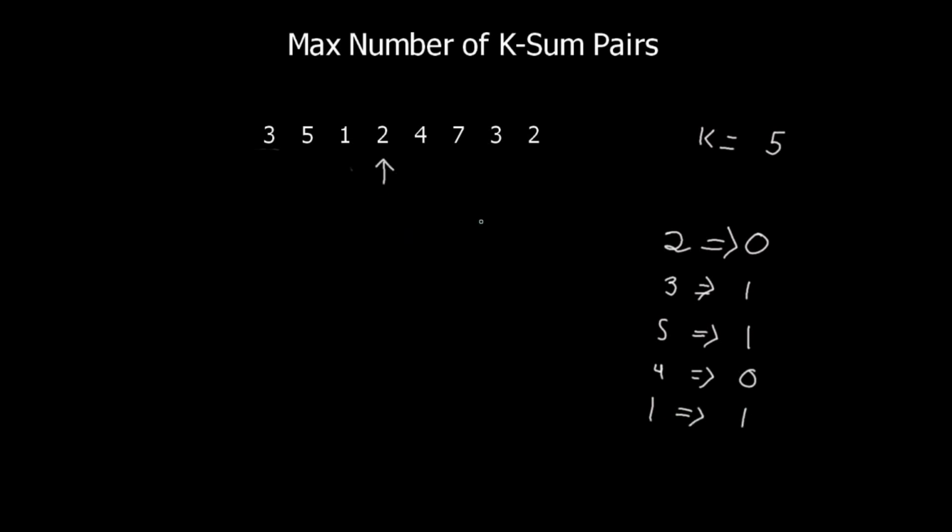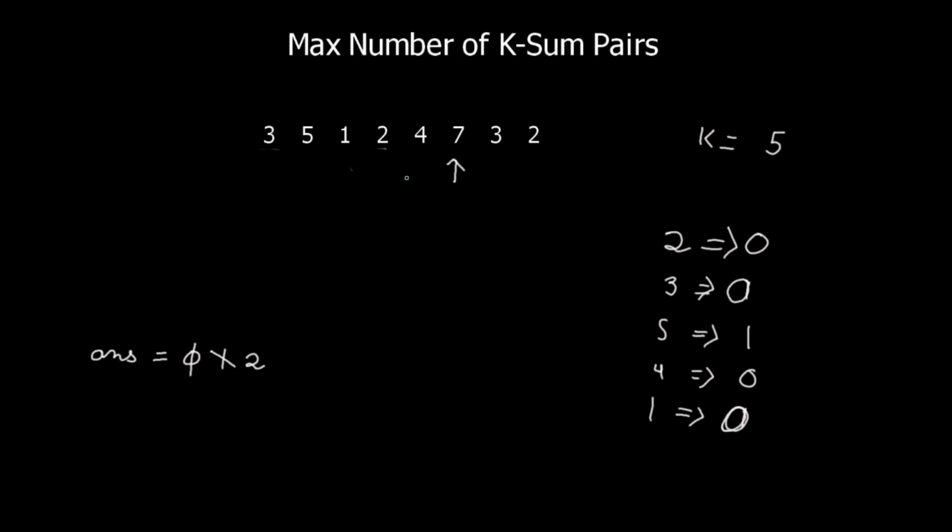Then we move to 2. To make 2 plus x equals 5, we need x equals 3. So do we have 3 in the map or not? Yes, we have 3 in the map and it is here, and therefore we decrease the value of 3 by 1 and it becomes 0, and as this integer is already used with 3, we do not increase the value of 2 here, but the value of answer definitely increases by 1, and from 0 it becomes 1. Now we move to the next integer and we have encountered 4. Now 1 is the number which is required in this case, and do we have 1? Yes, we have. Therefore we use this one, and now we have 0 instances of 1 available. The value of answer increases by 1 again, and this 4 is not added in the map.